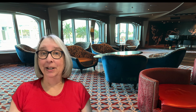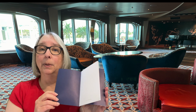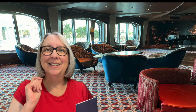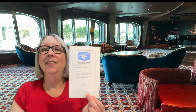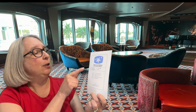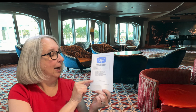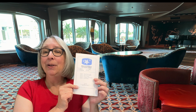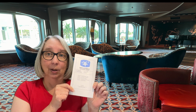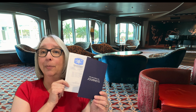The last thing I'm going to tell you about took me completely by surprise. We were given a sticker booklet. All your Holland America journeys, if you want to keep a little souvenir booklet of where you've been, it just has blank pages in it. But what they do is they give you a sticker. This one, it's a peel and stick in that sticker booklet, and it's pretty neat because it gave you information about the ship you were on, the voyage you were on, and the captain of your ship. I would think scrapbookers would absolutely love this sticker, and people that just want to collect things, putting it in their sticker booklet,